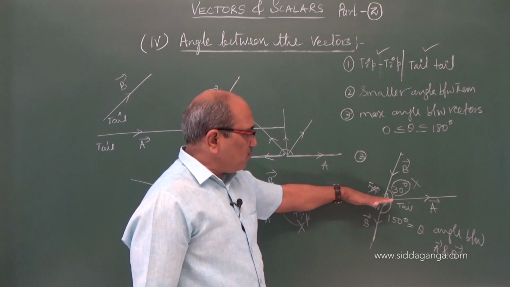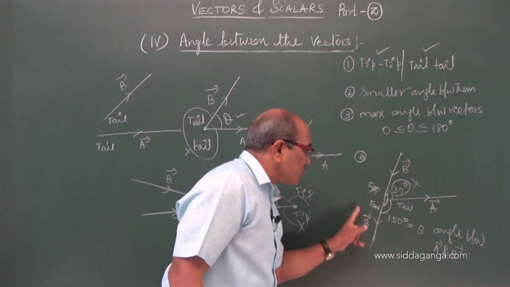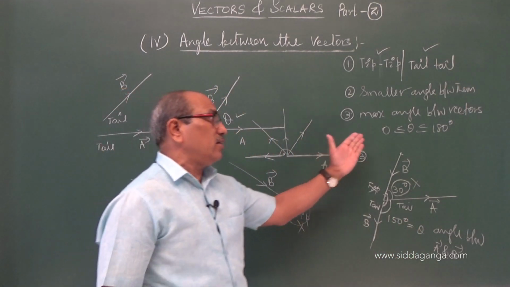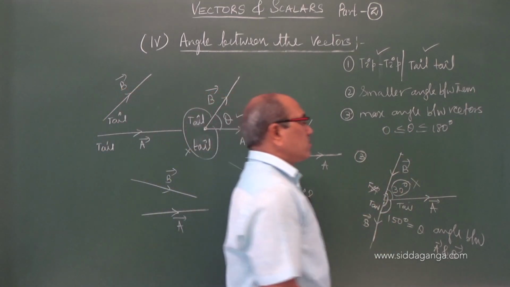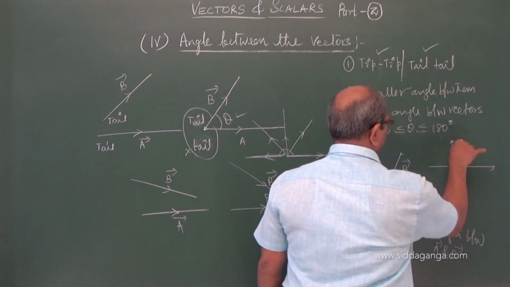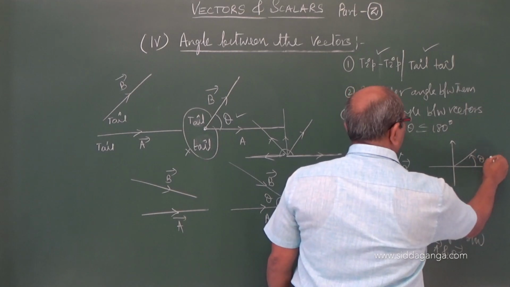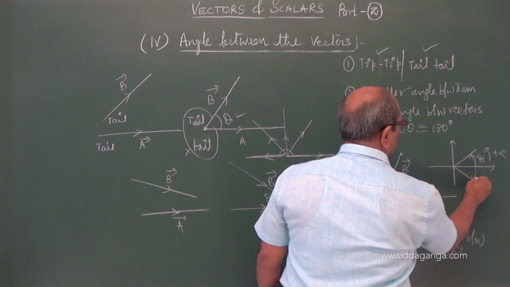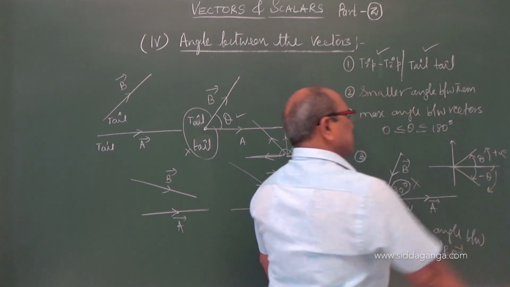If it becomes more than 180, the other side angle arises. Therefore, the angle between the two vectors can maximally take 180 degree. And in vectors, in some conditions, we preferably take, for our convenience, any angle we measure above the reference line in the anti-clockwise direction as positive. Any angle we measure in the downward direction, the clockwise direction from the reference line, as negative.